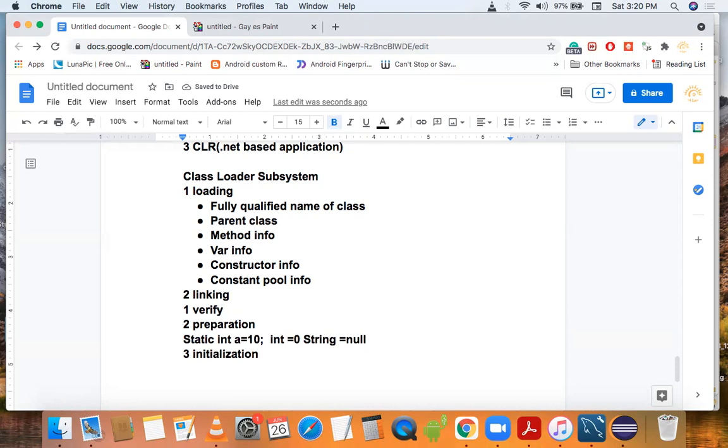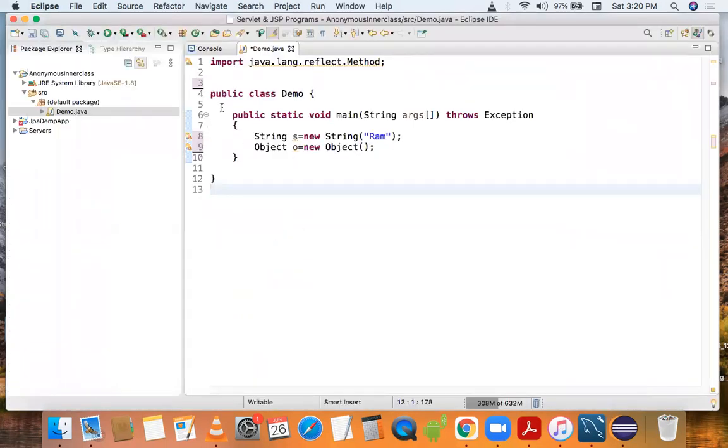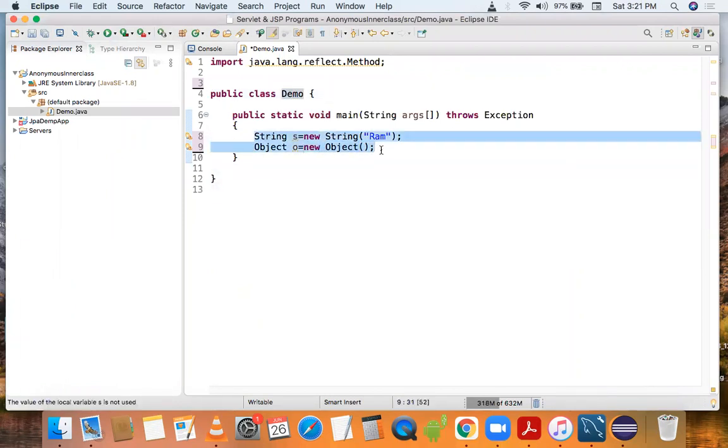Now our third phase is resolve. Basically, linking performs three tasks: verification, preparation, and third is resolve. In this process, symbolic names in our program are replaced with original memory references from the method area. Suppose this is our demo class, and here we are creating two objects.